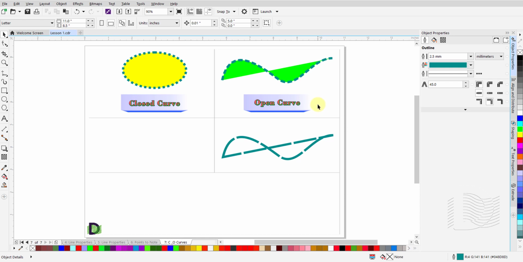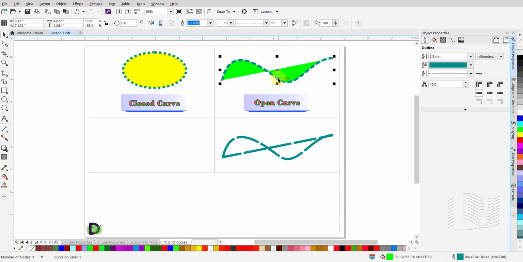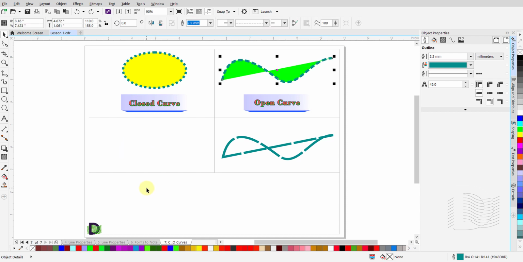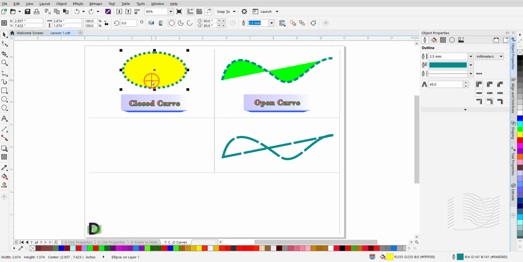A few quick points. To reposition an object, use the Pick tool to select it. Click and hold the left mouse button and move the object to the desired position. To undo an action, press Ctrl Z or Command Z on the Mac. To place a copy of an object, click and hold down the right mouse button and drag it to a new position. Release the mouse button. Click Copy here.